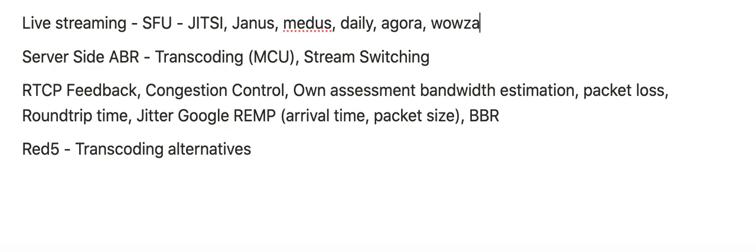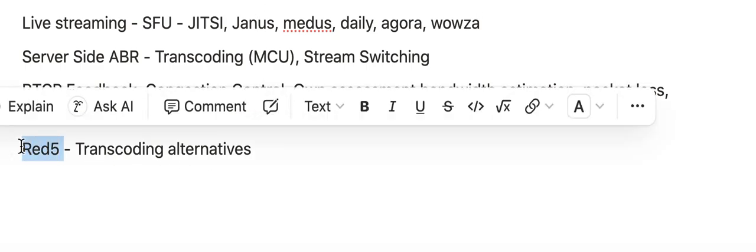When you said Red5, is it an SFU? Can it be used as an SFU? Yes, Red5 is primarily a media server, not an SFU. It's designed for streaming and supports various protocols, but it doesn't function as an SFU. SFUs are more specialized for handling real-time multi-party video conferencing by efficiently routing media streams. Okay, then we need a component after the SFU that could be open sourced from Red5, provided the